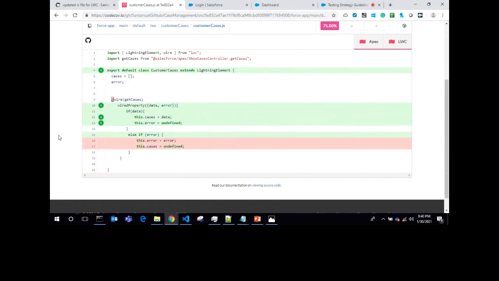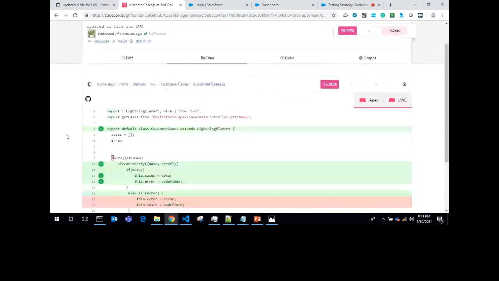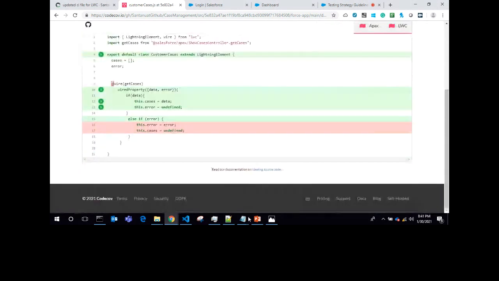So I can easily understand how many lines are covered as part of the Lightning Web Component script. In this way, you can use Codecov with GitHub Actions to get to know the code coverage for your repository. Okay. Now,